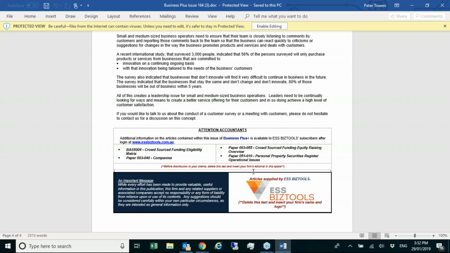But how about we give you a reference article to something we've put in the newsletter, so you can read that also before you send it out, or if you're getting phone calls before you talk to the client. So that's the purpose of these attention accountants. That's just a bit more material on some of the things we've discussed. Sometimes there's a lot more, it just depends what the articles are about. We suggest you remove that attention accountants before you send it out, and that you then